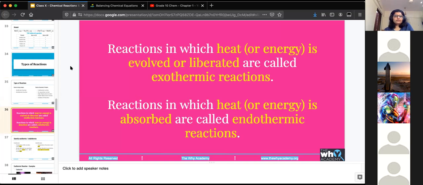So today we'll do all of the theory, discuss the definitions, and discuss a couple of examples. Tomorrow we'll spend completely on answering questions. We'll come across different reactions and you'll figure out what category each would be. Let me know once you're done noting it down. In the meantime, I'm just going to take attendance.